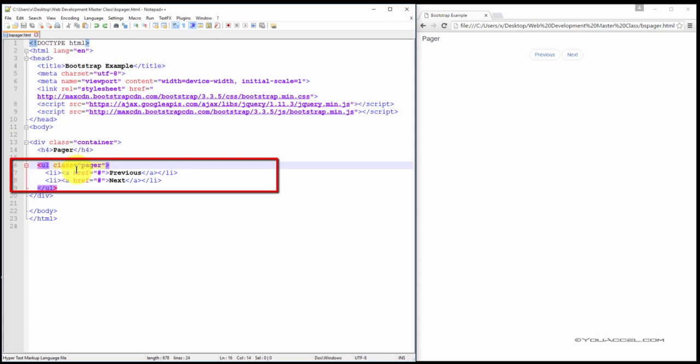Next, we create our two list items for the previous and next link. We can add a previous and next class to the list item to align each button at the sides of the parent element. So in this case, the parent is the container. Right now you'll notice that the